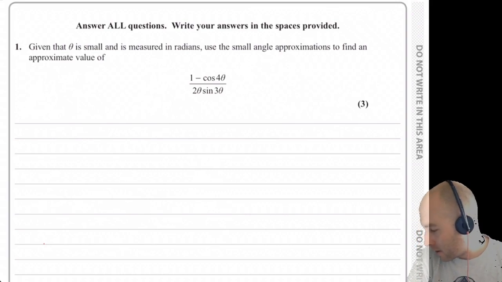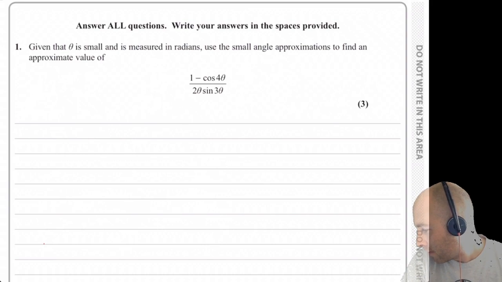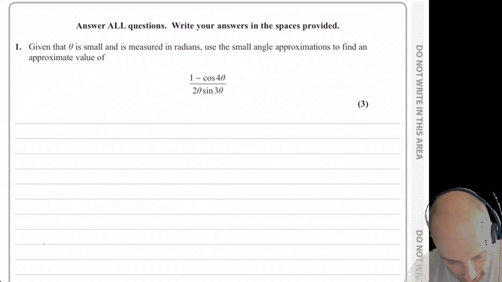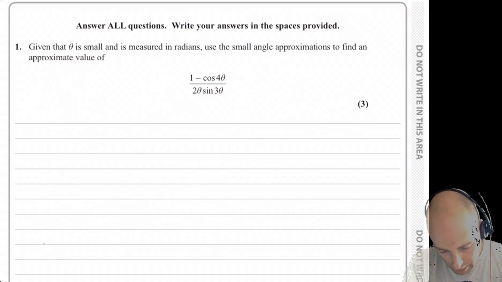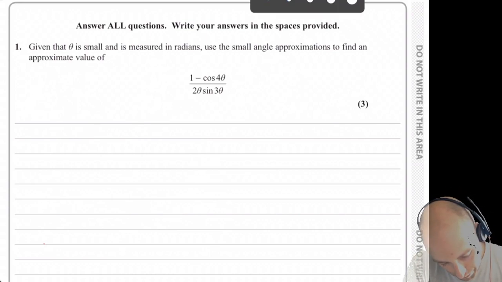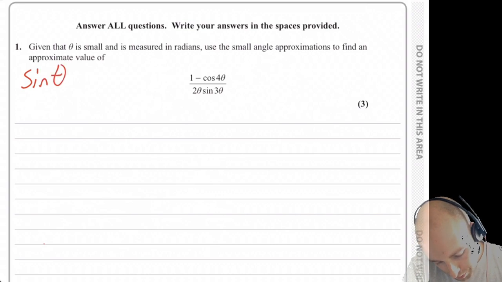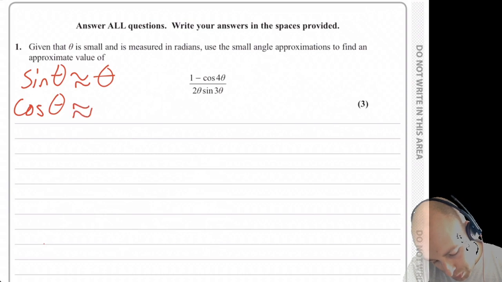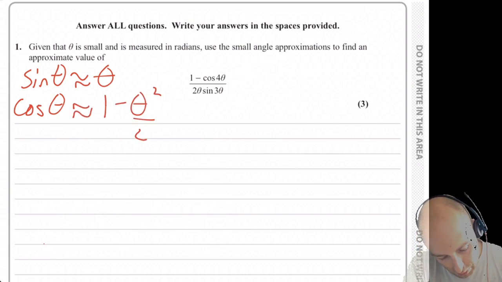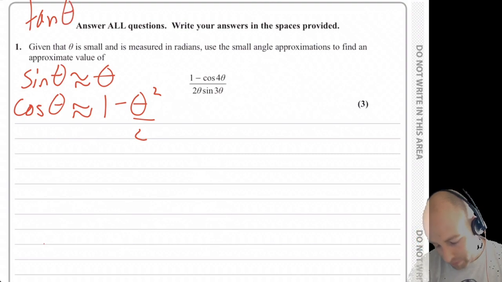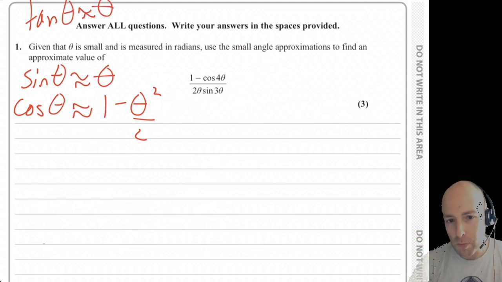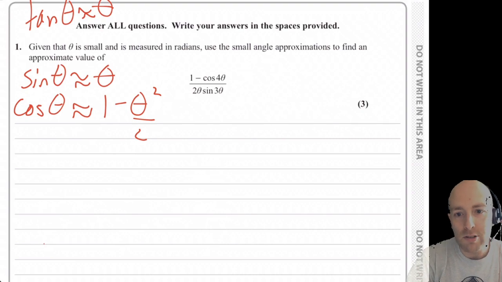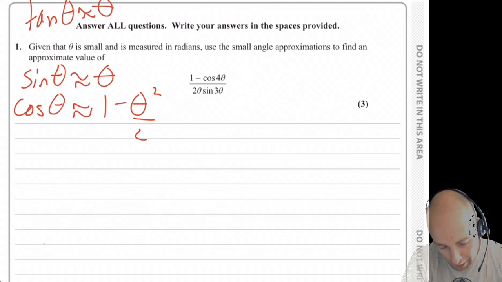I think I fixed it, because I was trying to put up too much speed. Cool. Alright, let's do this. So, small angle approximations. If the angle is small, sine theta is about theta. Cos theta approximates to 1 minus theta squared over 2, and tan theta, though we don't need it, approximates to theta. Thanks, Rob. So those are our three small angle approximations. We're going to apply all those to this expression.